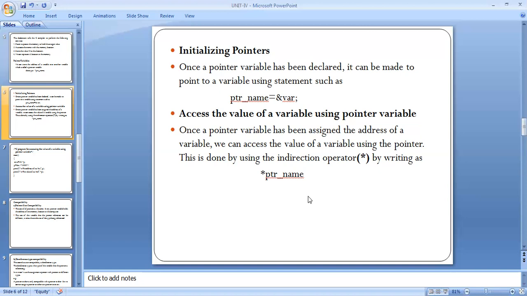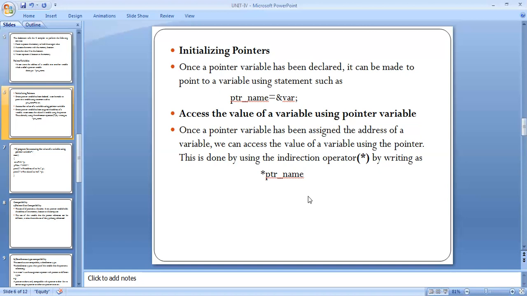This is done by using the indirection operator, the asterisk, by writing asterisk pointer_name. When you are accessing the variable through the pointer, you have to use it.